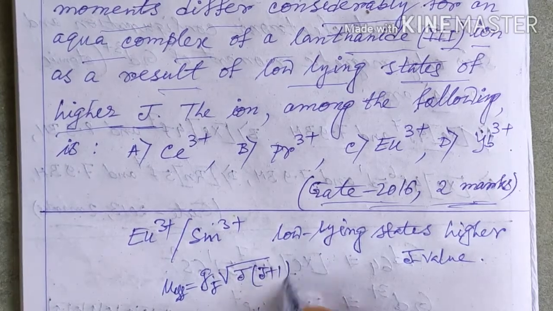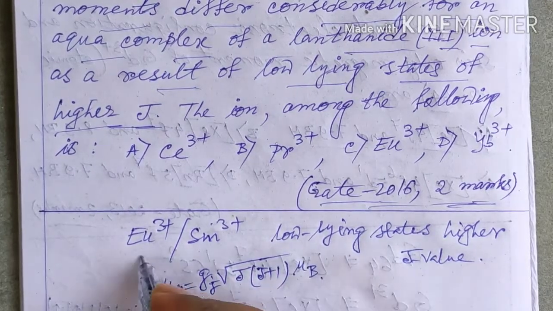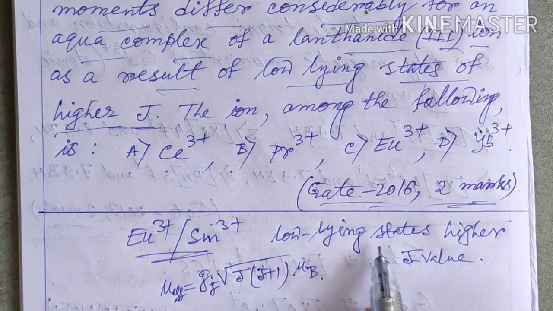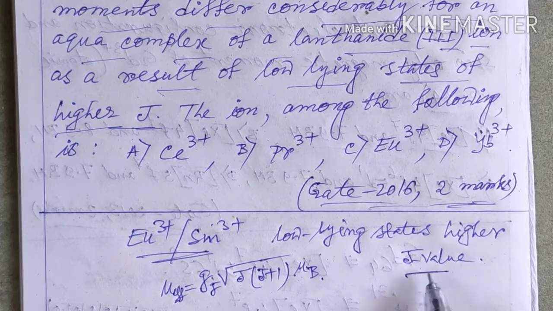This is the Landé equation, and for these two elements, due to filling of low-lying states having higher J value,